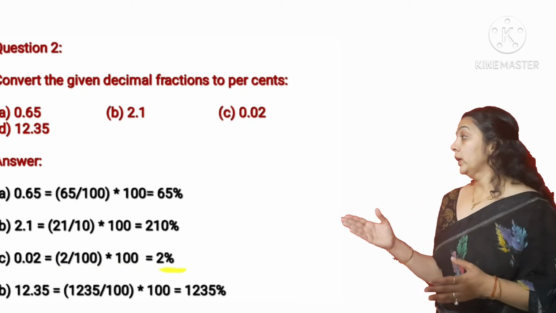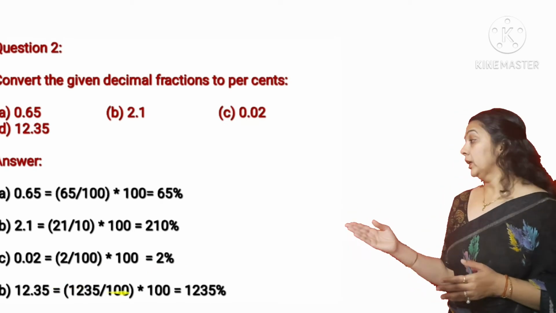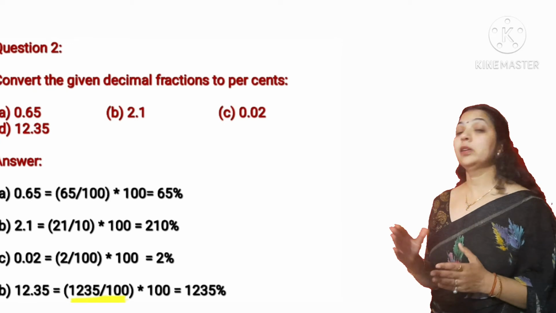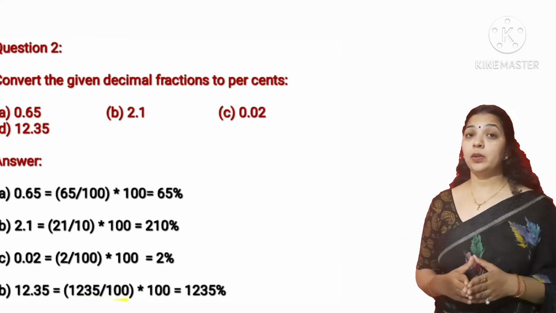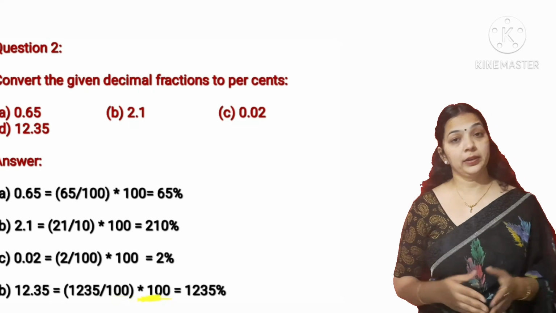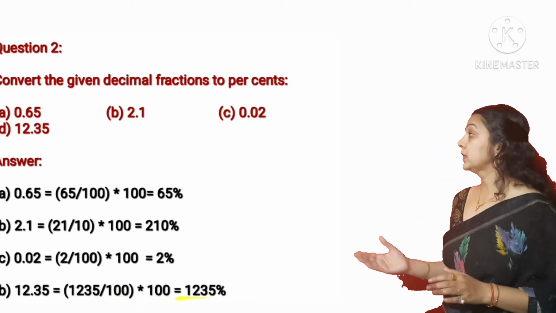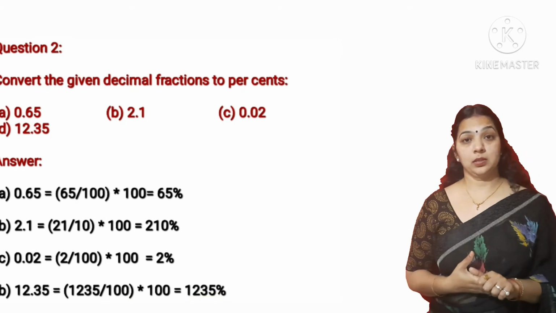Now 12.35 could be written as 1235 divided by 100, and to convert into the percentage, we will multiply this by 100 and it would result in 1235%. The next question is, here you can see the diagram is given to us, and what we have to